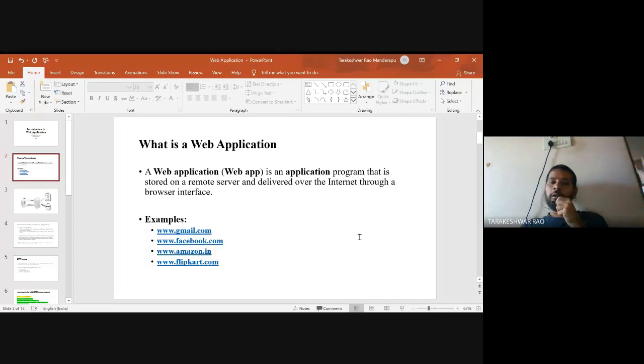Right? So when you are using an application, what will happen? The application software will be running on whatever device you are using, whether it is your personal computer or a mobile device. We say that when you are using that application, it is running.